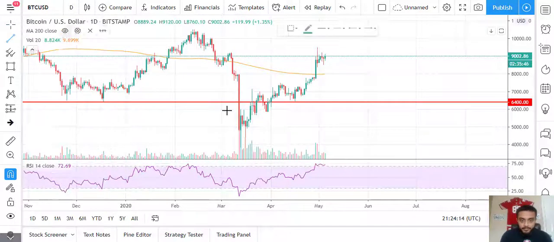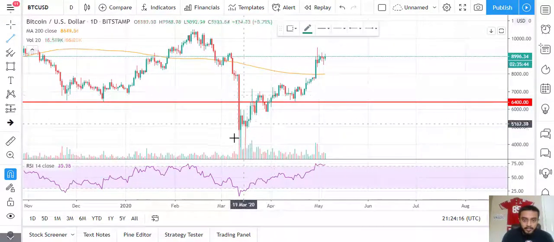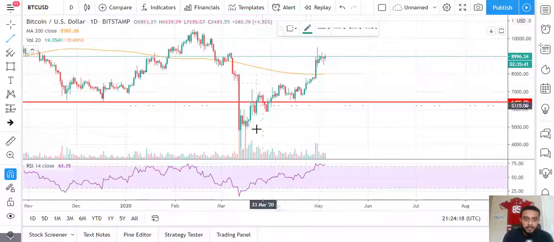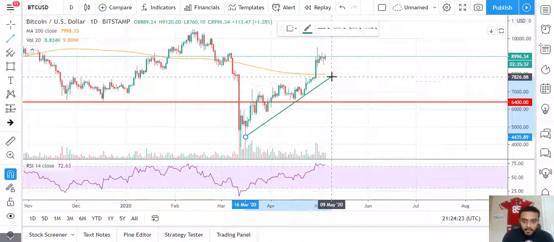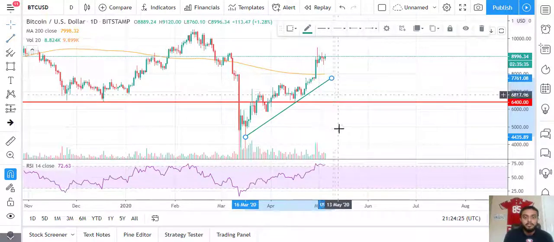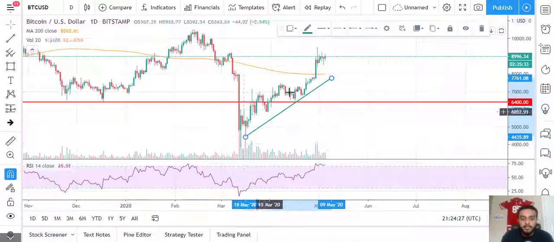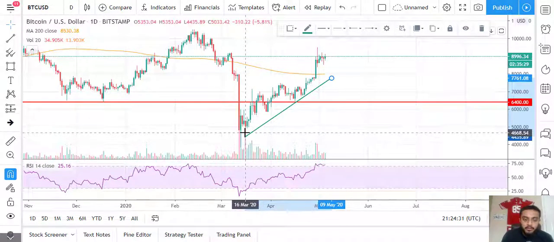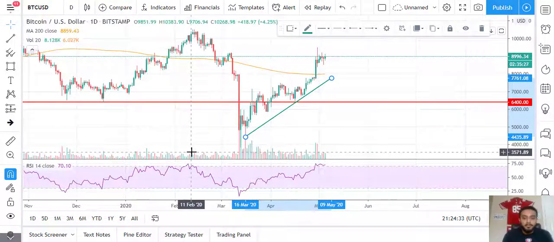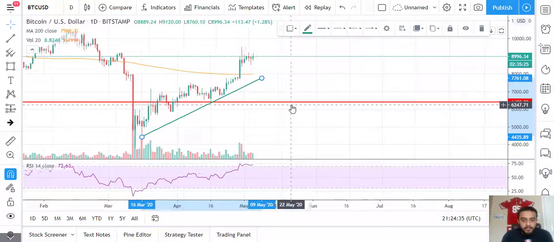Okay, so this is very recent, so I'm gonna go ahead and analyze this part. What I like to do is, clearly this is an uptrend, right? So I'll draw a trend line just like this, right? Because price has been validating this trend line, and right here you can see